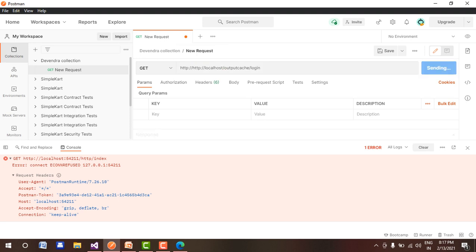Send this request. There is this error. It shows the error for this HTTP localhost 54211 index URL, which means it doesn't load over HTTP, so it displays the error.